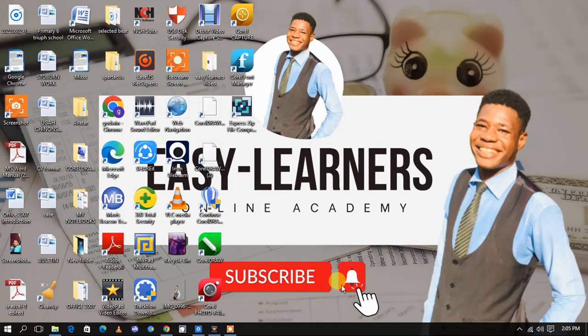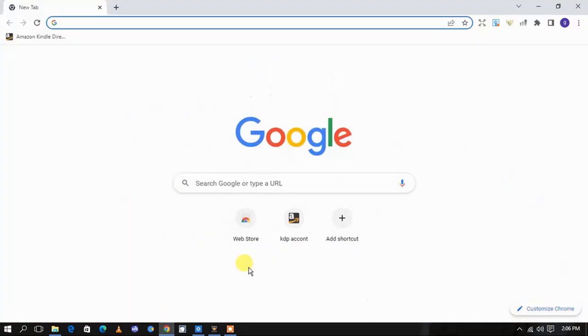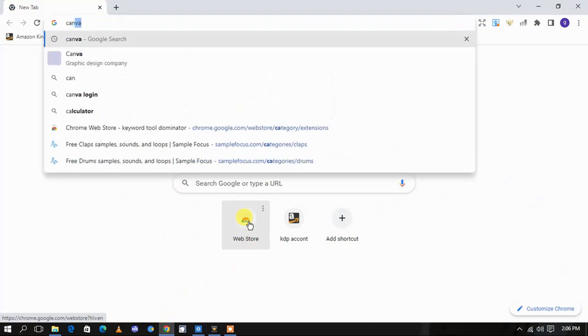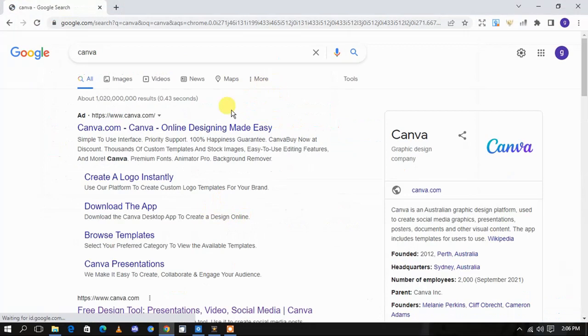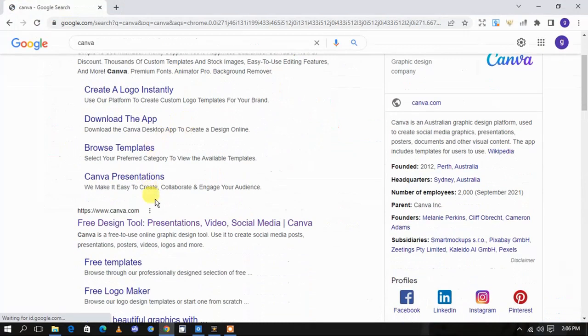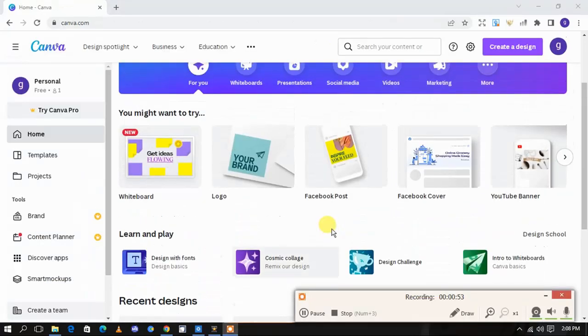Okay, now to get started, all you have to do is to come over to Chrome browser and search for Canva. Click on enter. Let's open this link. In Canva you can do so many things: